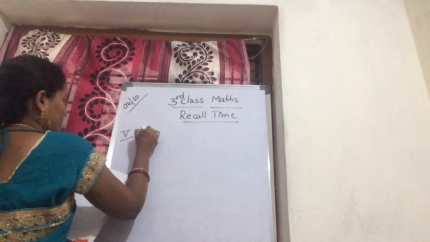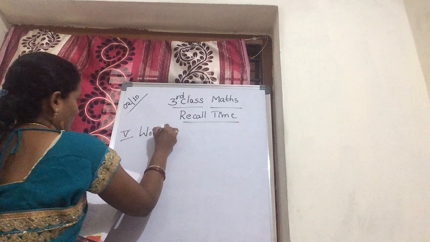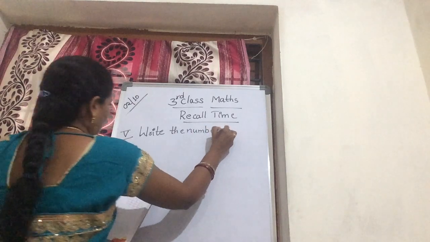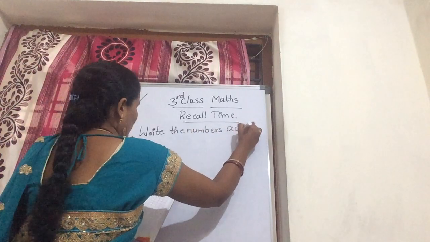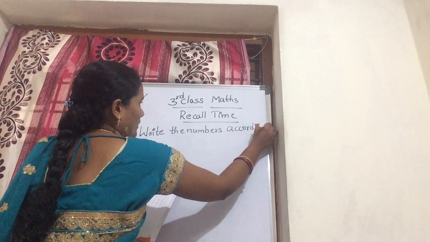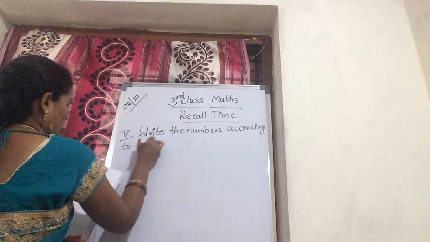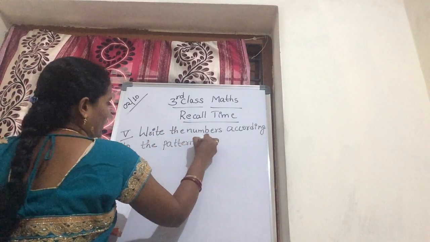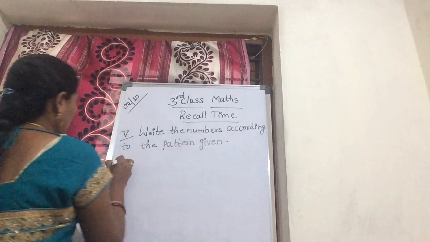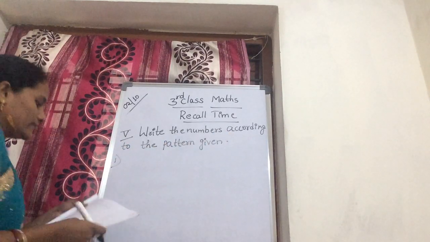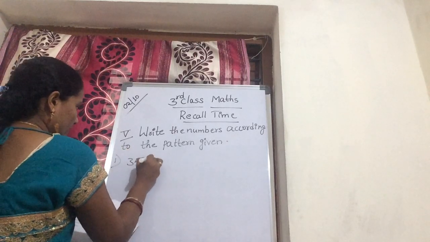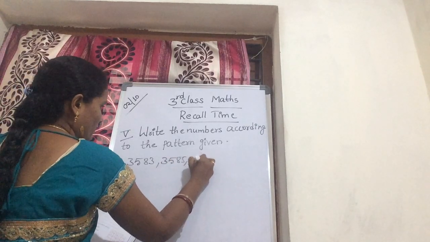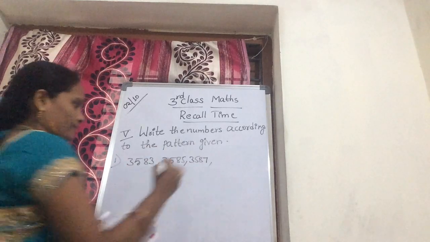Write the numbers according to the given pattern. Now let's see the first one. Here you get some numbers. What is that? 3583, next 3585, next one 3587. Yes,